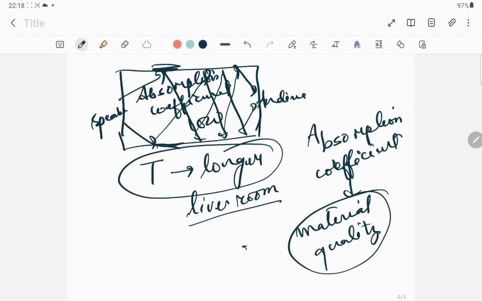Material quality means, suppose if you have a wooden thing, cloth thing, or concrete material, all of them will have different absorption qualities. So now we have got an idea of why reverberation time is important,